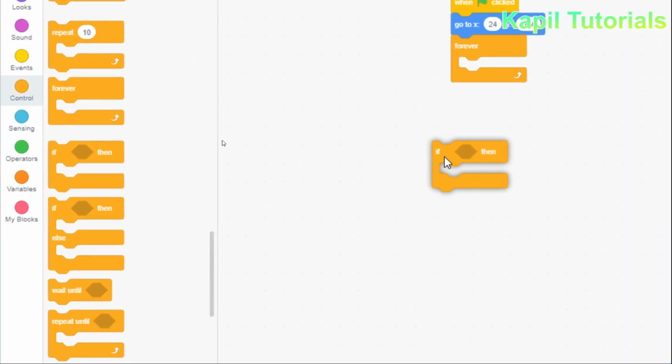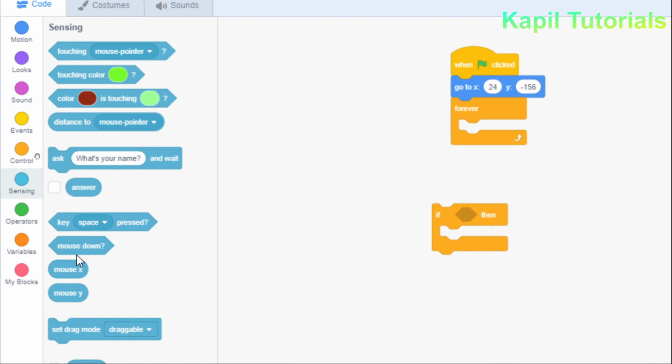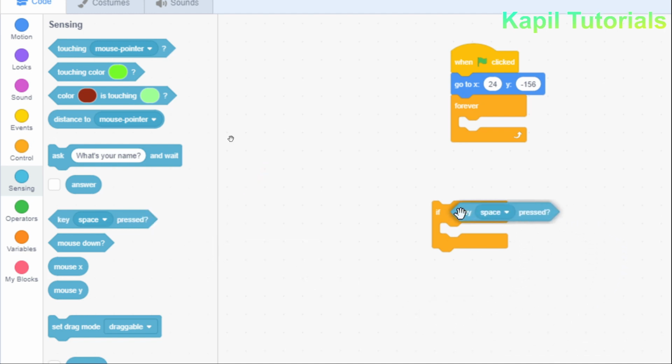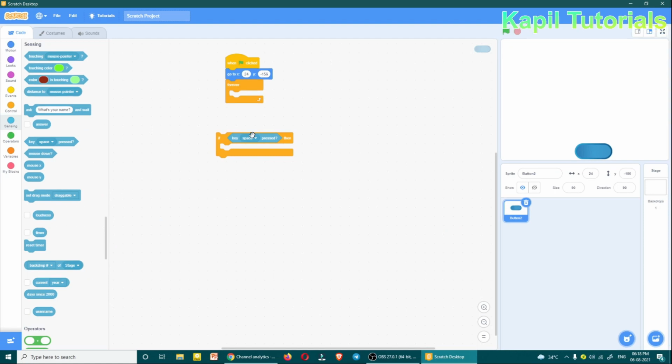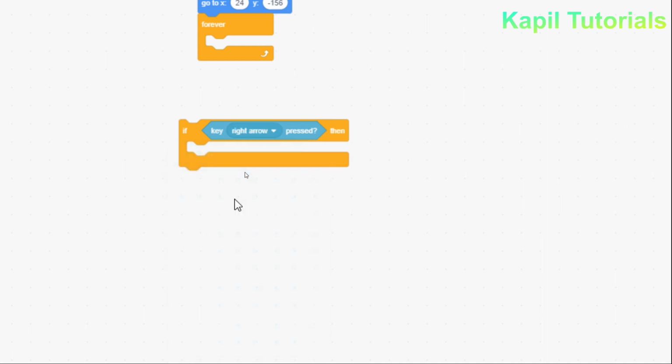I'll just place it here, and in sense you can see this key block. I have to just press this one and select the key. I don't want to press spacebar, but I want to click on the right arrow key. If the right arrow key is pressed, then what should happen?